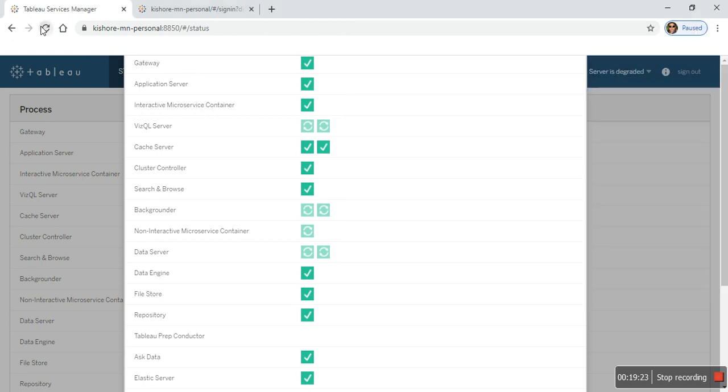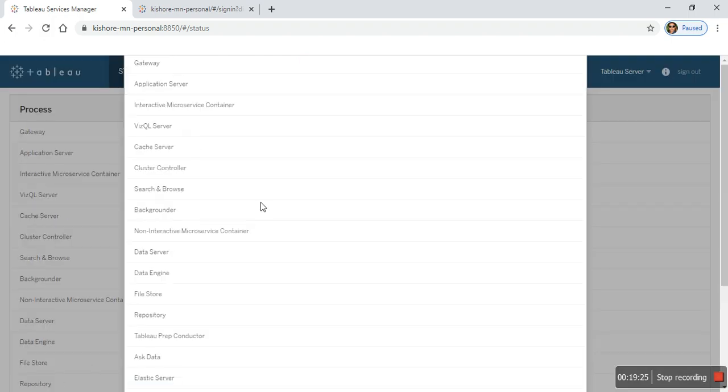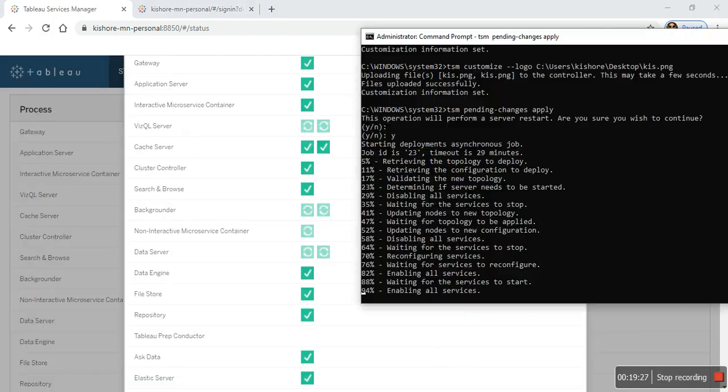Let me refresh the page. The background data server and microservice container services are yet to start.